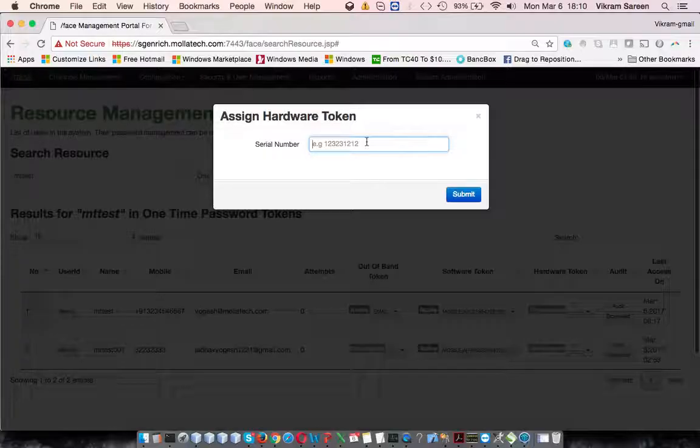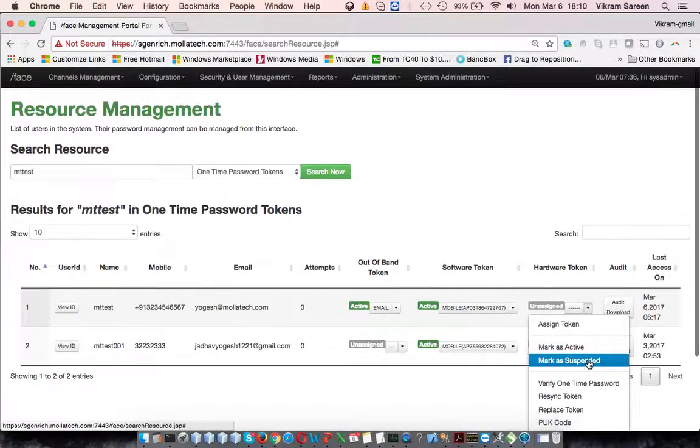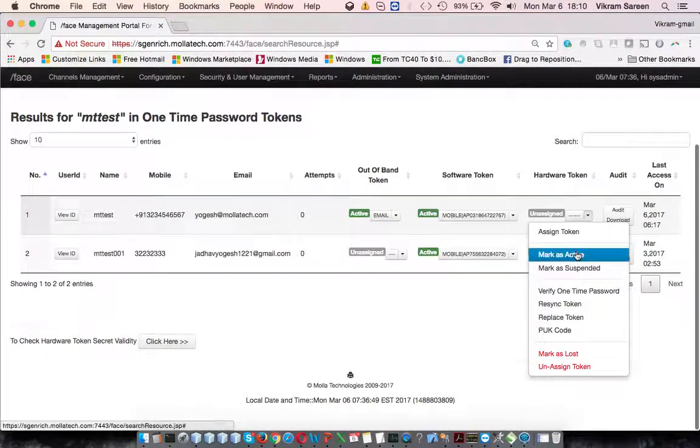That means that in this system I already have... okay, anyway, we'll take that up later, but what you can do is input the serial number of the token, and then you can mark it as assigned or inactive. The special features you need are these three: resync, replace, and